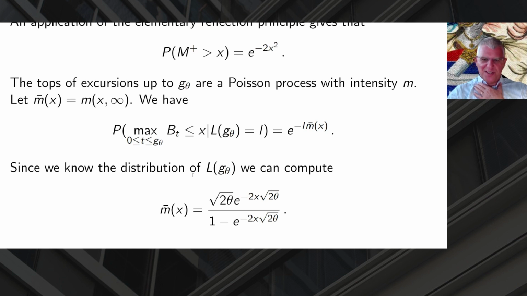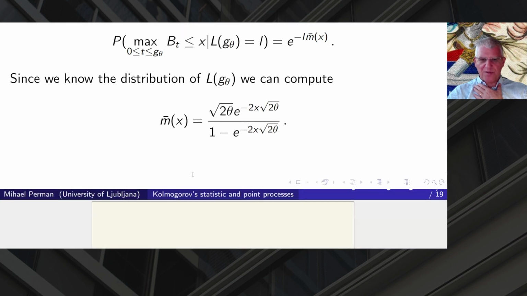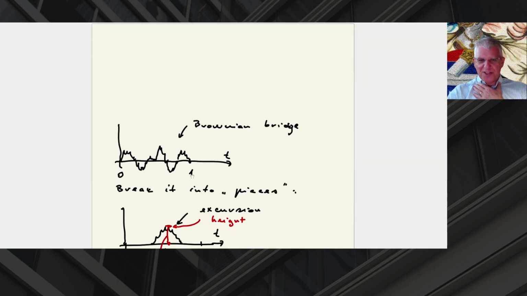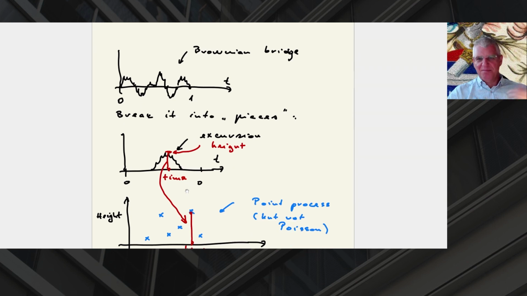And now let's return to the picture again, and I will show you the same pictures again. The idea, again, is this one. You take the Brownian bridge. It's a stochastic process. It's Brownian motion conditioned to be 0 at 1. And it has excursions, which means when the Brownian bridge is away from 0 for a while,